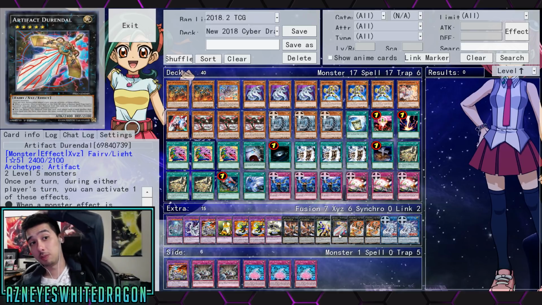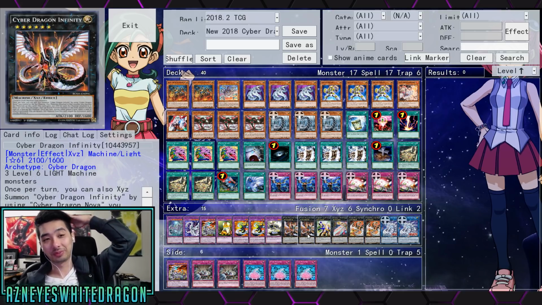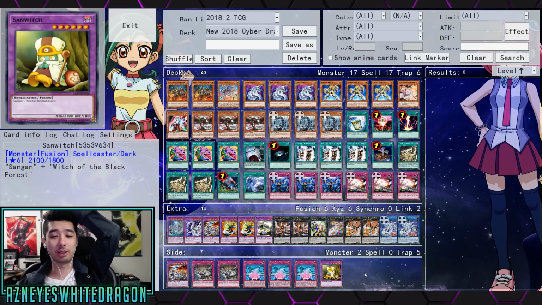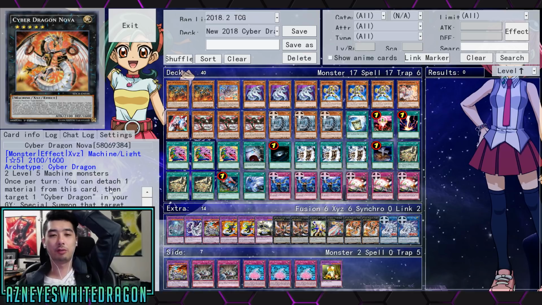It could be Pleiades, it could be Durendal. Not that you usually want this card anyways, but I figured I'd throw it in there because there's sometimes cool plays with it. But for the most part, oh gosh, I forgot. Okay, don't put this card in your extra deck. It was there for the memes. But for the most part, the Cyber Dragon deck is definitely